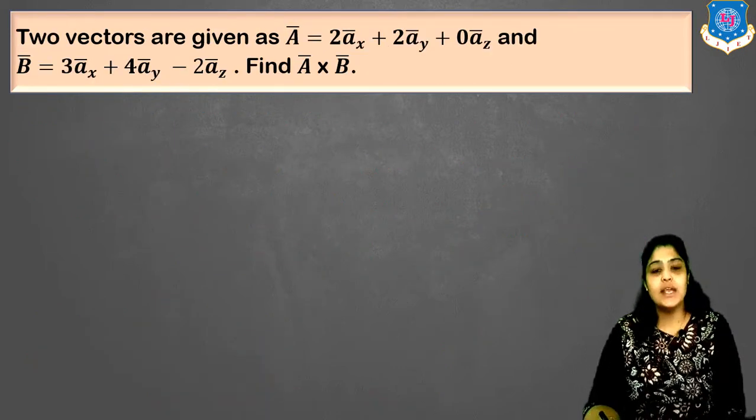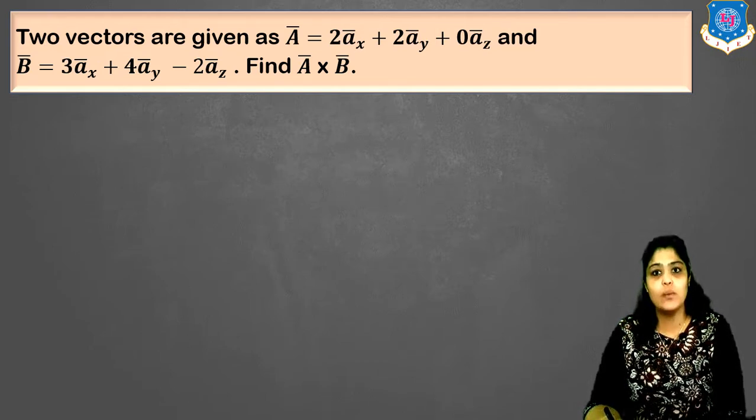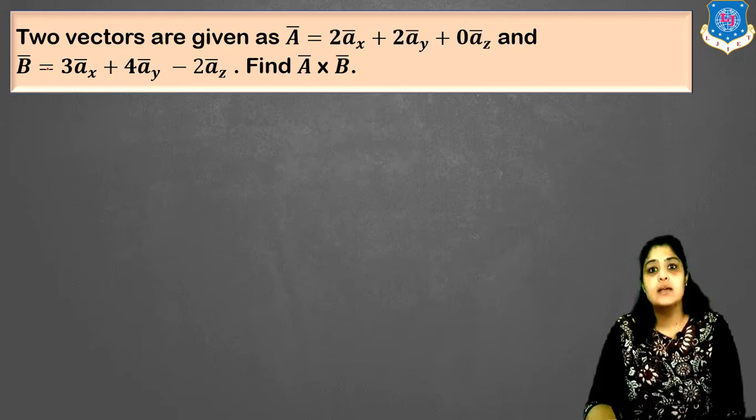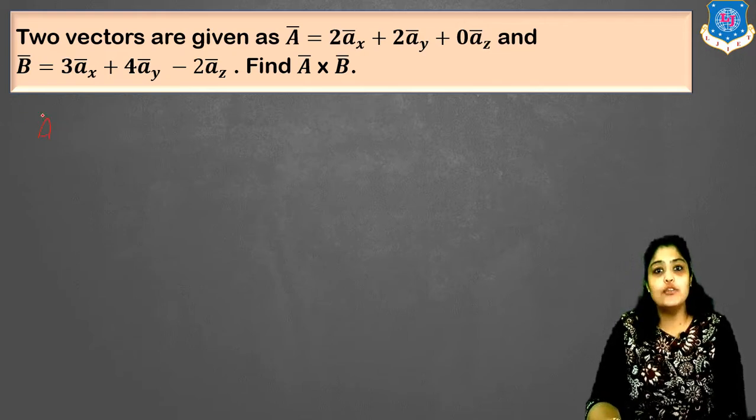So the next numerical is: two vectors are given as A = 2ax + 2ay + 0az and B = 3ax + 4ay - 2az, and I have to find the cross product of A and B. So to find the cross product of two vectors, that is A cross B, we can write it as